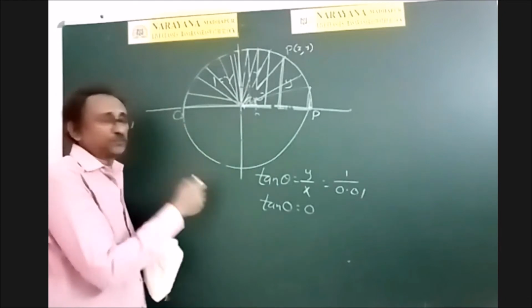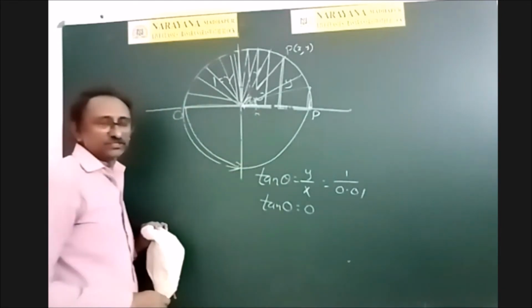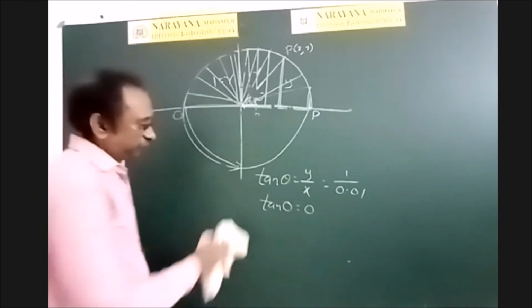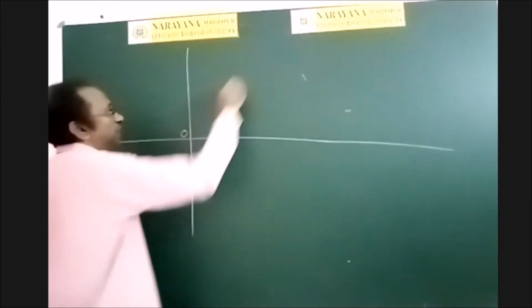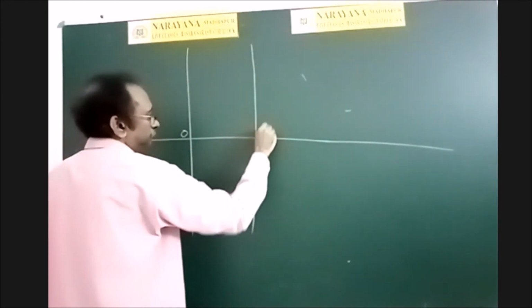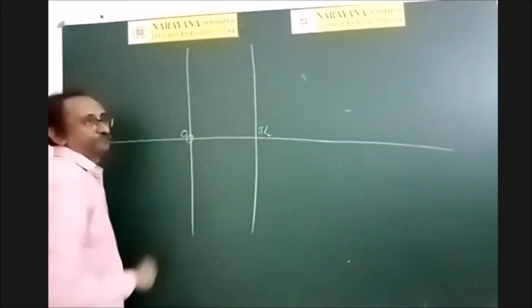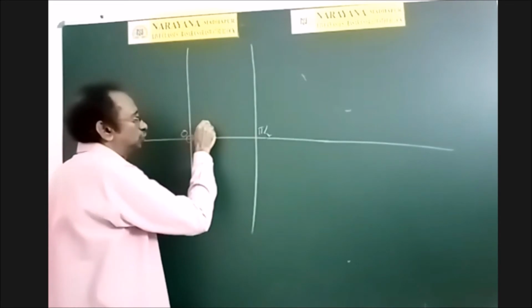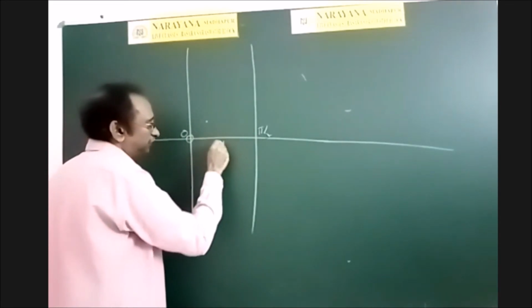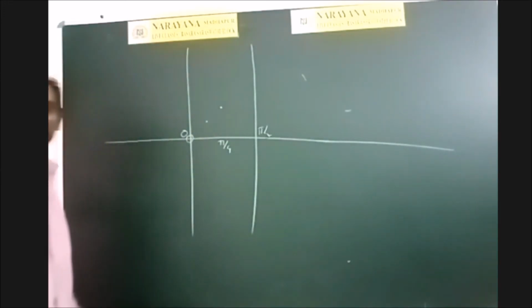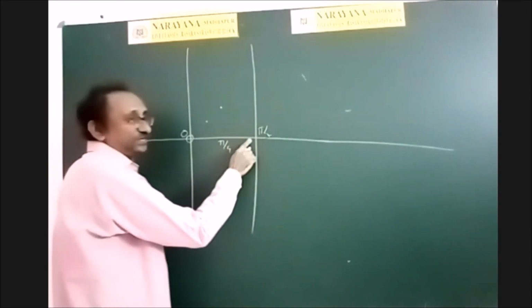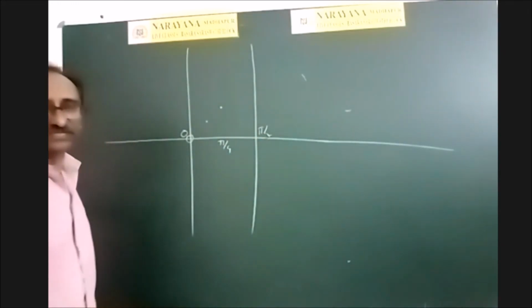Again in the third quadrant tan is positive. Again values increase from 0 to infinity like that. Now if we plot this in the XY coordinate system, what happens? See in the first quadrant, we can see clearly. Tan 0 is 0. And what is tan 30 degrees? 1 by root 3, point something. Tan pi by 4 is 1. And tan 60 degrees is root 3, 1.732. And tan 75 degrees, that also we know, 2 plus root 3, that is 3 point something.